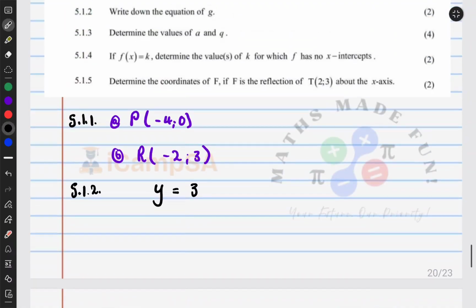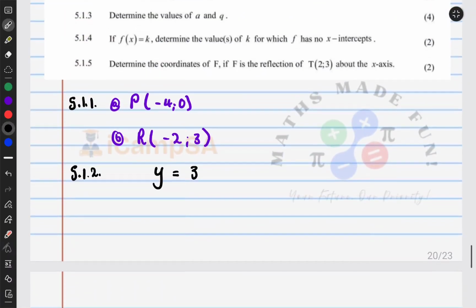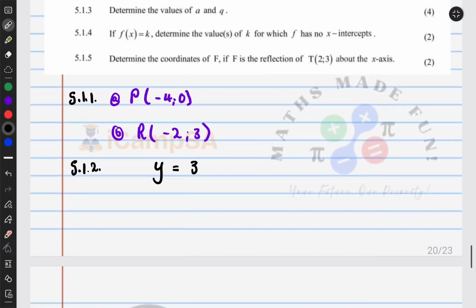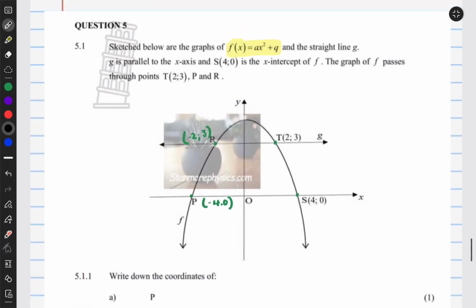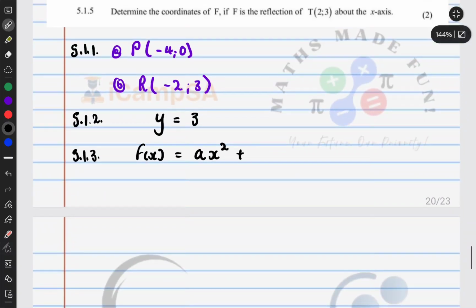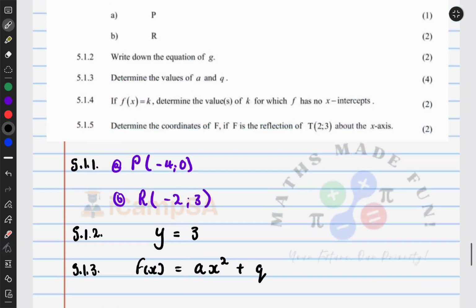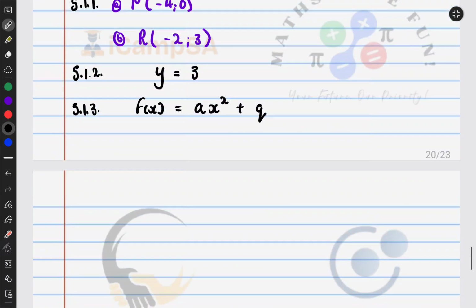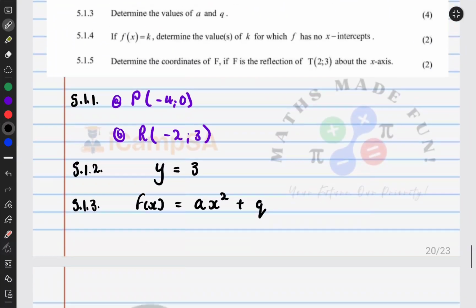So this is 5.1.3. For 5.1.3 we have f at x is equal to ax squared plus q. Okay, let's take one coordinate and substitute it in place of x and